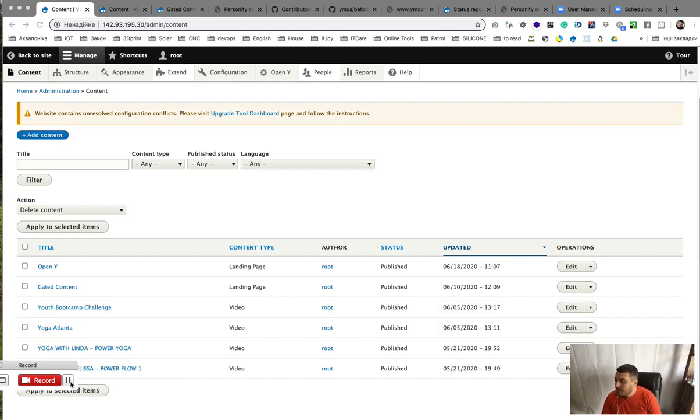So once you install the module, which is like a group of modules, once you install gated content with the demo content, you'll have a couple of newly created nodes. You'll have a landing page, gated content, which is just an example, just a demo of how you can use it. And you have 4 video nodes that are actually